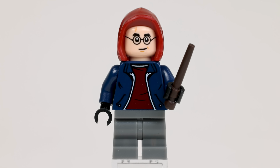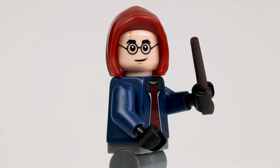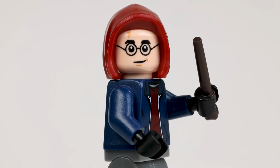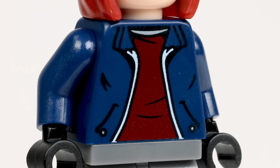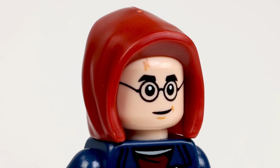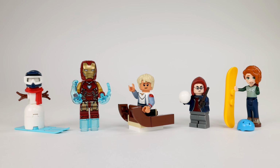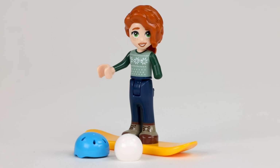In a shock move, I'm giving 2nd place and 4 points to Grumpy Harry. A high score is well deserved because this is an exclusive minifigure with exclusive parts, or at least an exclusive torso. I really like the faithful theming, and that dark red hood element is a nice touch. 4 points to Gryffindor. That means, and I guess you didn't see this coming, LEGO Friends takes home gift of